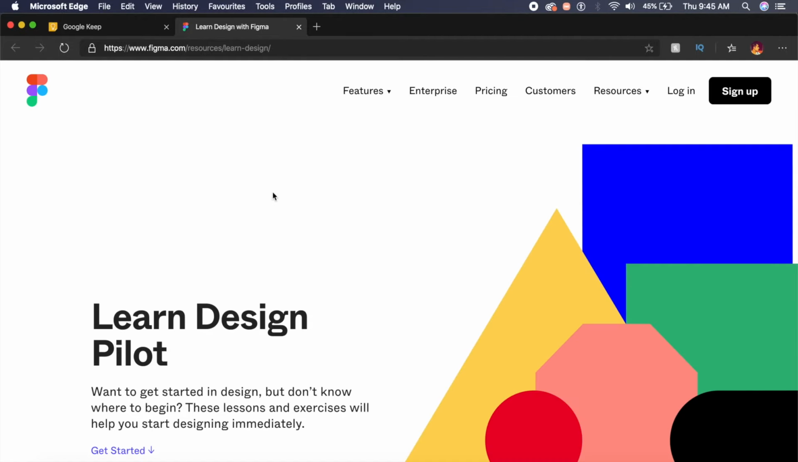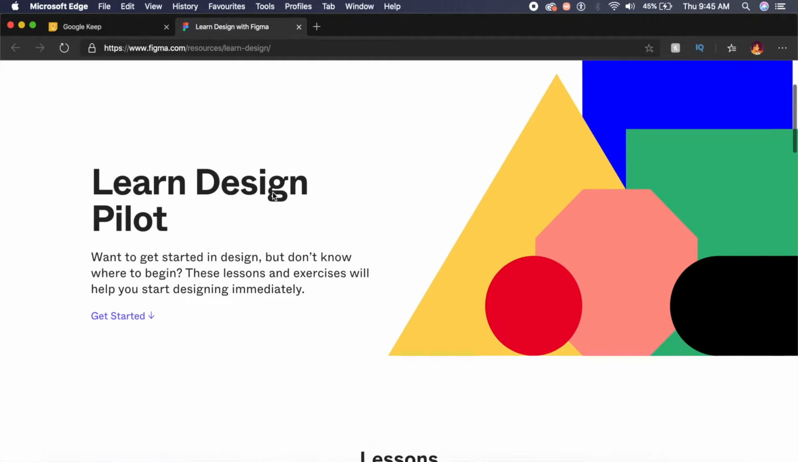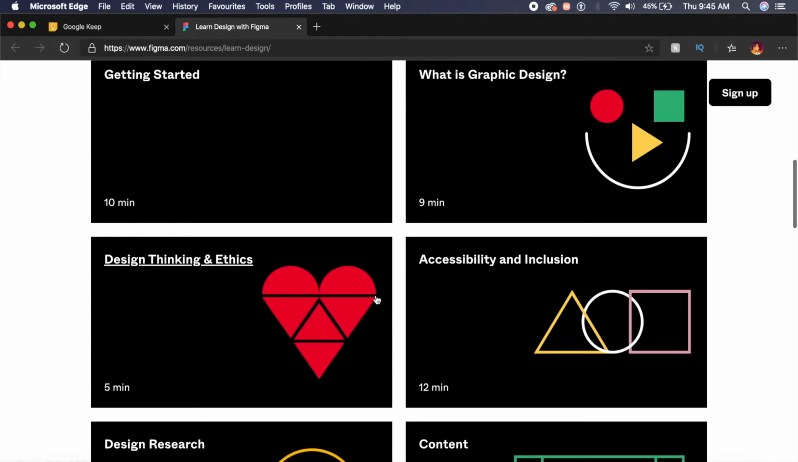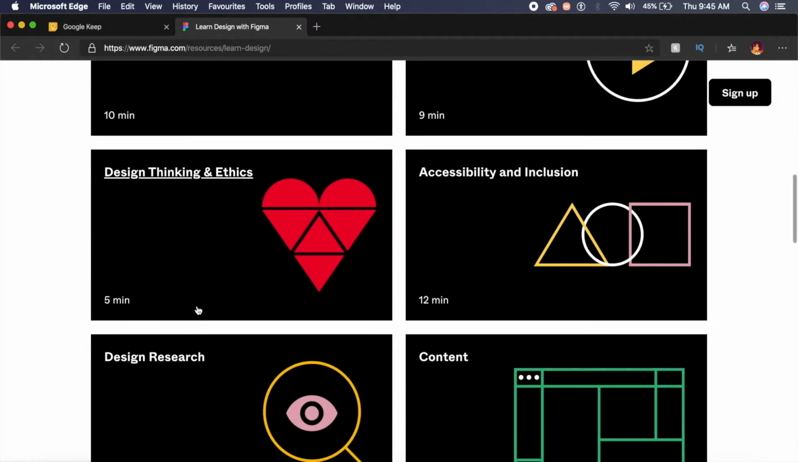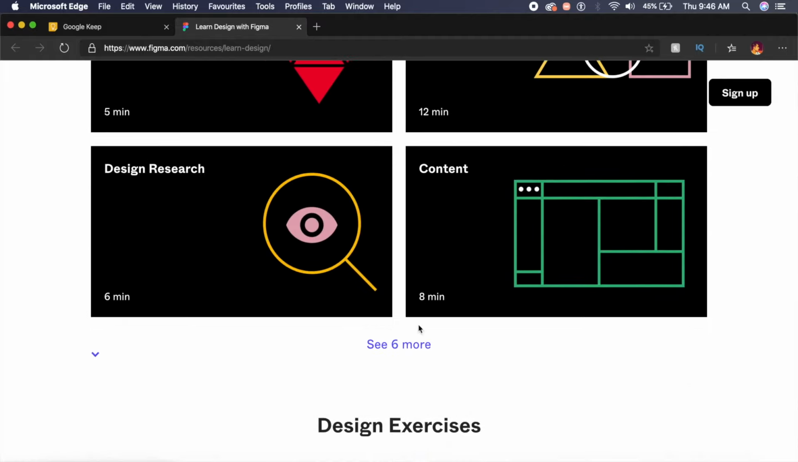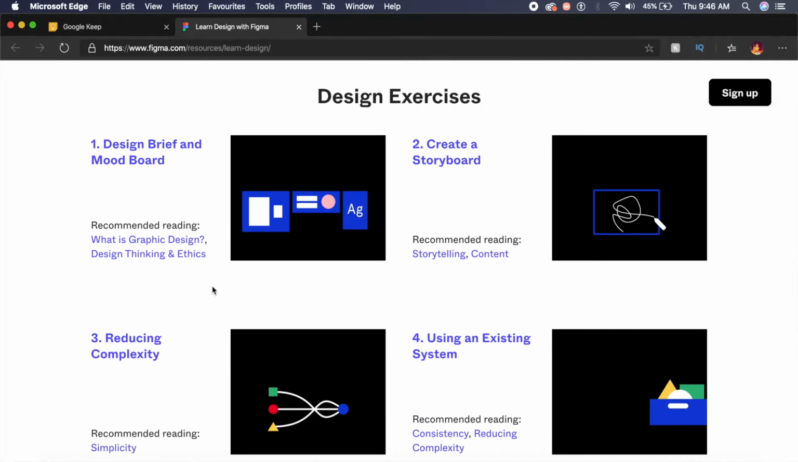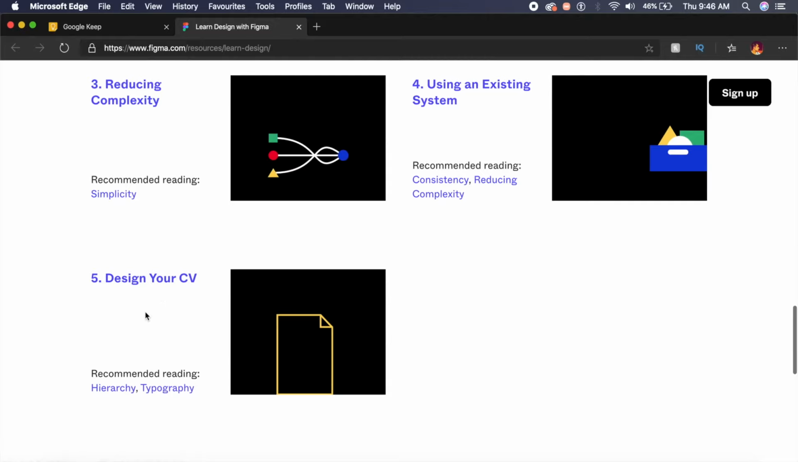Now Figma is also providing a design pilot course which will help you get started with design, not only using Figma but other tools as well. So they have things like what is graphic design, design thinking and ethics, content design research, and much more. They also have a lot of design exercises and challenges like creating a storyboard using an existing design system, reducing complexity, and more. They also teach you how to create a compelling CV or resume, which will help you get